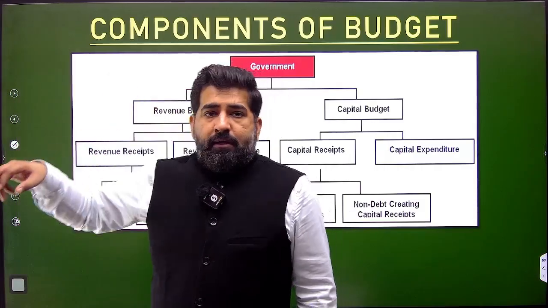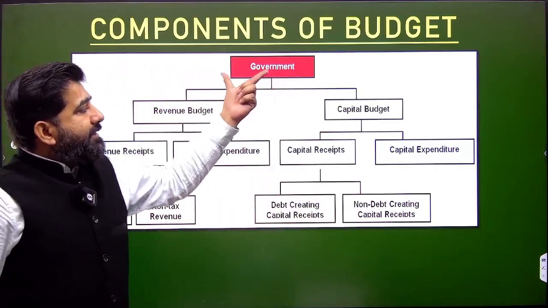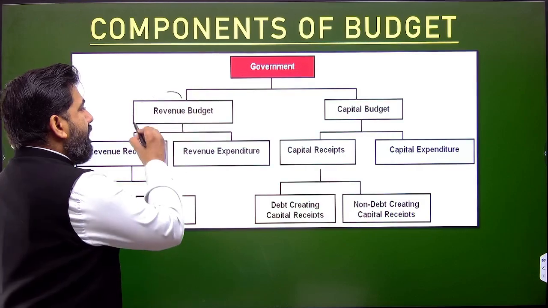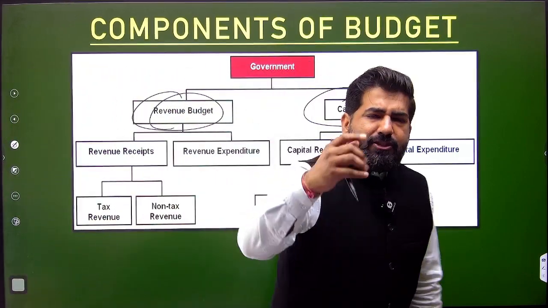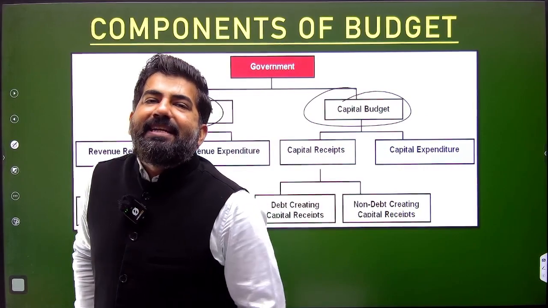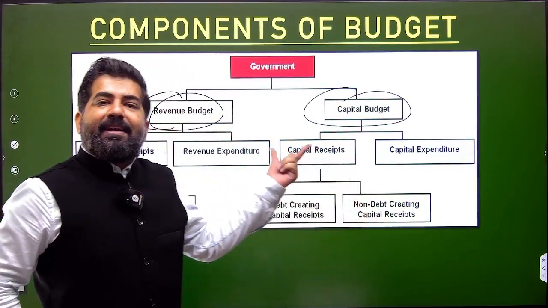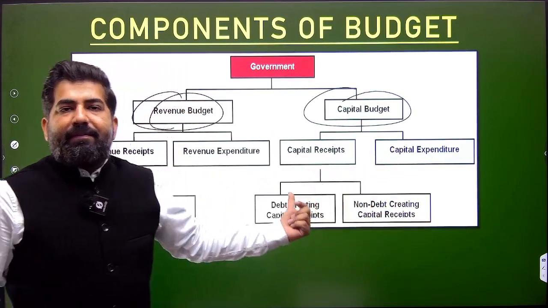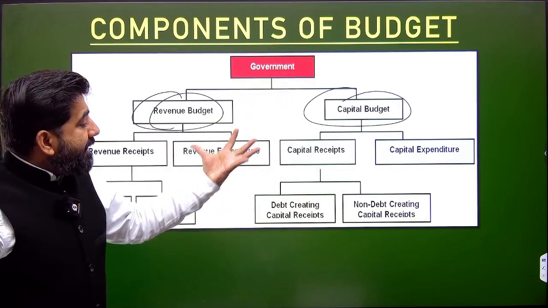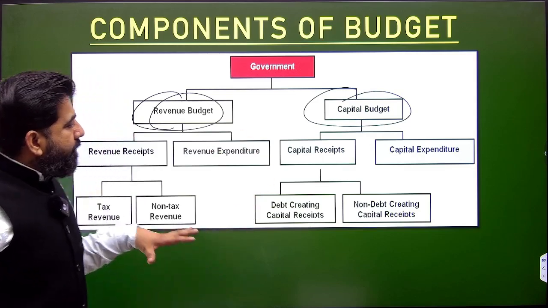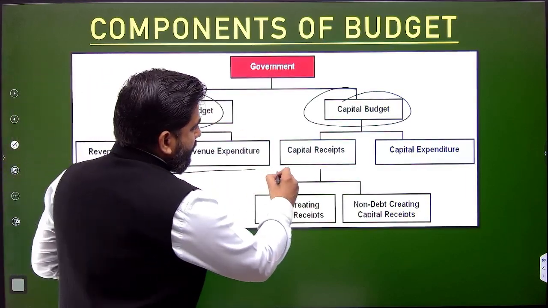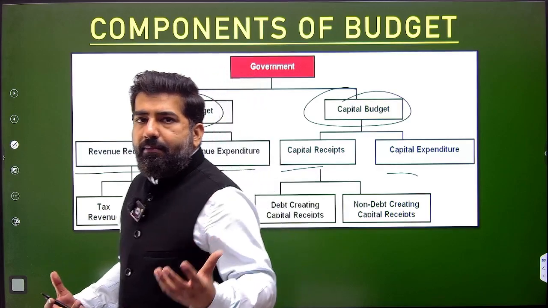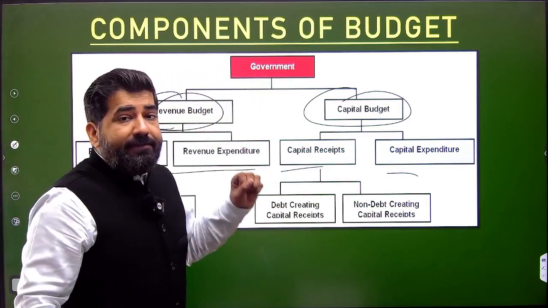Clear? Lastly, I told you guys that the budget will be divided as revenue and capital. Yes or no? I told you earlier because Article 112 clearly states that the expenditure has to be separated like revenue account and capital expenditure and the other type. The other type is only one, capital. So revenue and capital. That is why the budget is divided like that. I would want you to just see it as of now, I'm not going to discuss in detail. All these components of the budget are going to be discussed in my module in detail. But why have I shown you?